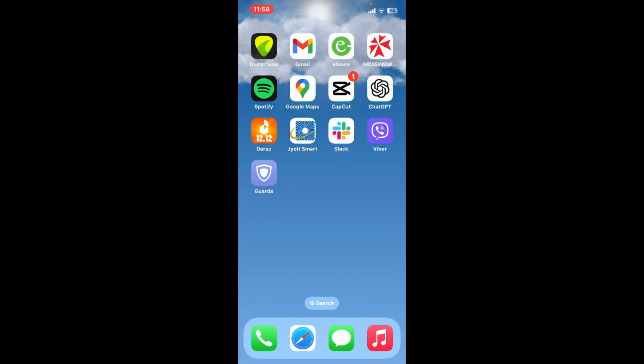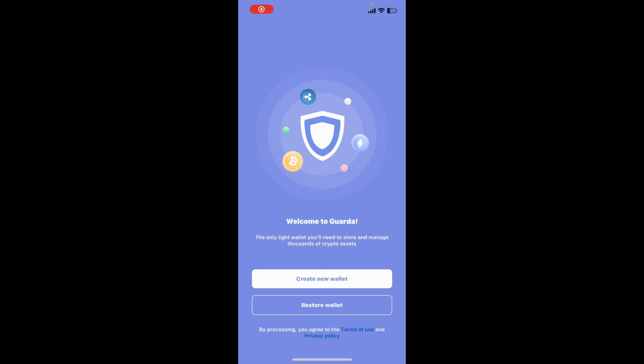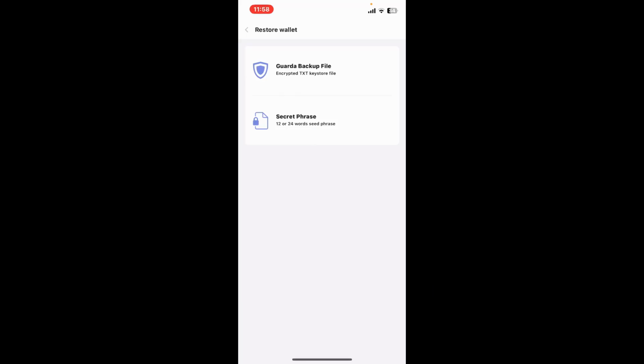So in order to do that, first of all, open your Guarda wallet application from your app drawer. You will then come across this interface where you will need to tap on the Restore Wallet option. Under Restore Wallet, there are two options you can recover your wallet with. Either select the secret phrase option and enter your 12 or 24 word secret phrases to recover your wallet, or